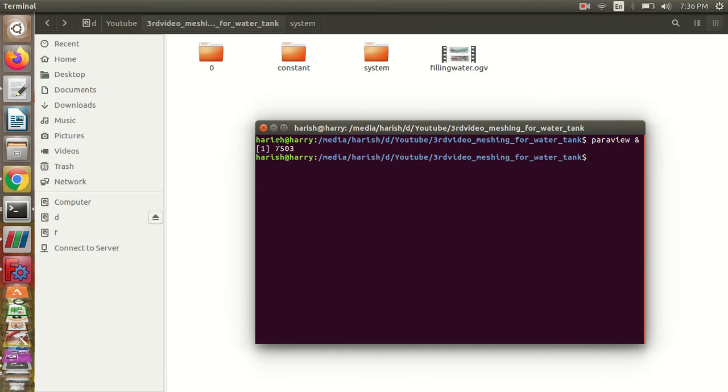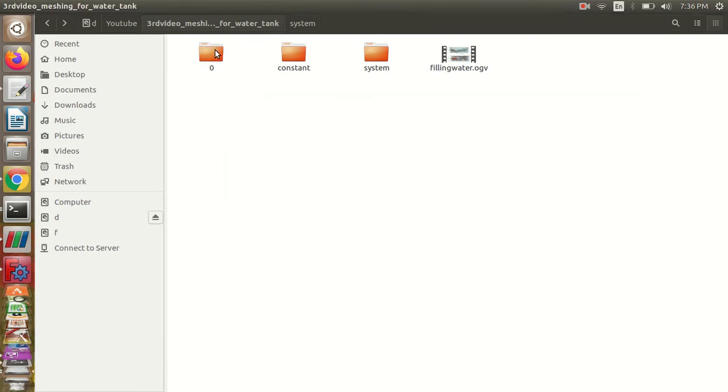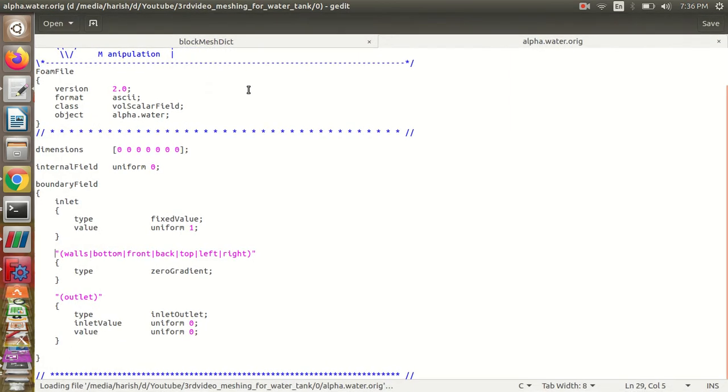Before starting, some of you might face a problem while you open files in ParaView. In order to open and see the files in ParaView, you need to give all your patch names.